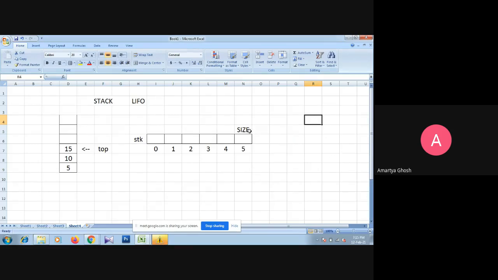So this is size minus 1. If the size of the array is 6, that means the array has 6 rooms. If the size of the array is 6, the last room position will be size minus 1, because it starts from 0. Okay, so the first element, 5, we want to push,